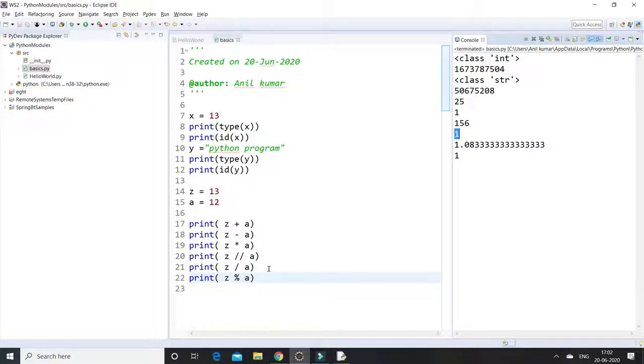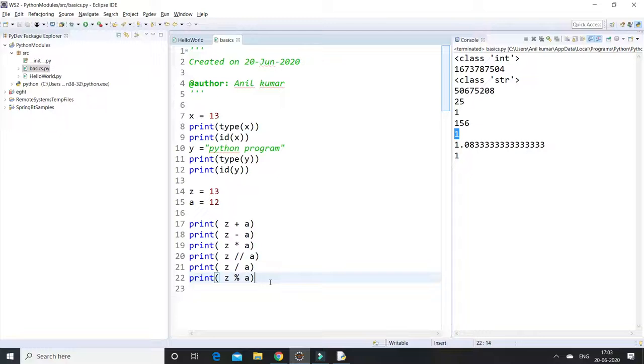So whenever we want accurate results in division, we can use the single division operation. If you want the result without any decimal points, we can use double forward slashes. And similarly 13 by 12 with percentage will give 1.